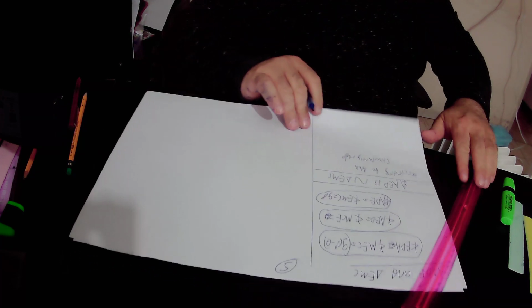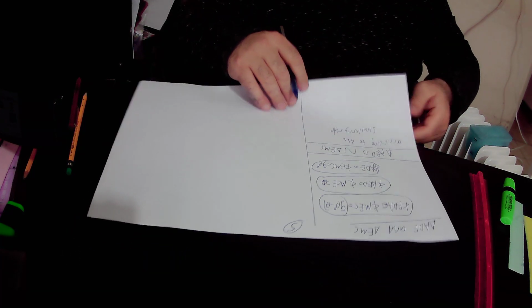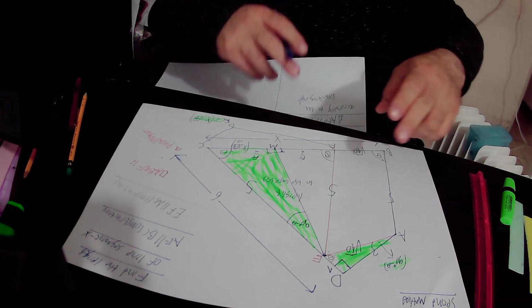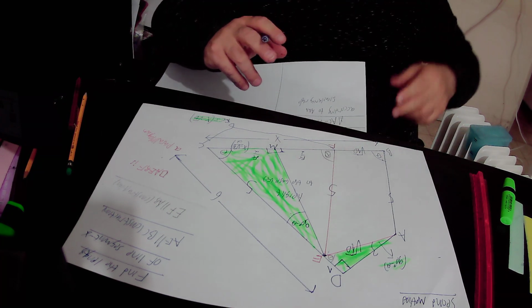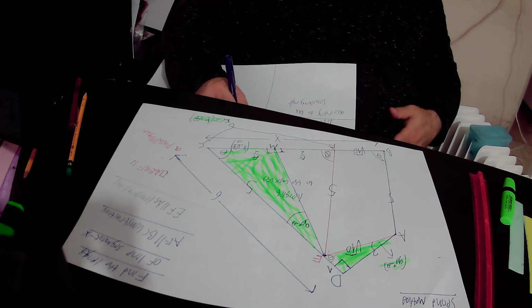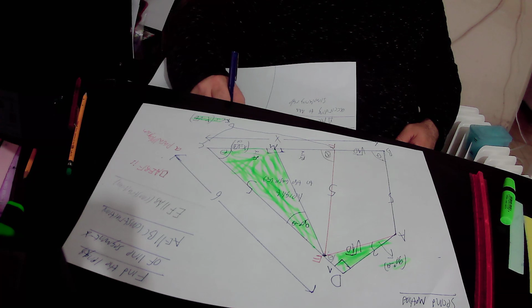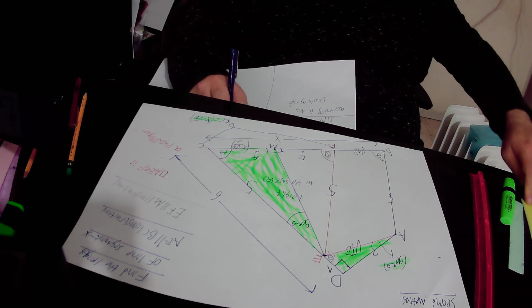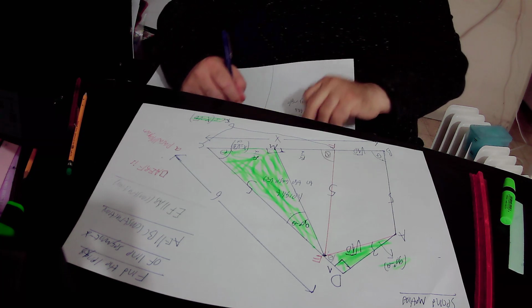Those two right triangles are similar to each other according to the angle similarity rule. Hence, we derive from the fact that those two right triangles are similar to each other